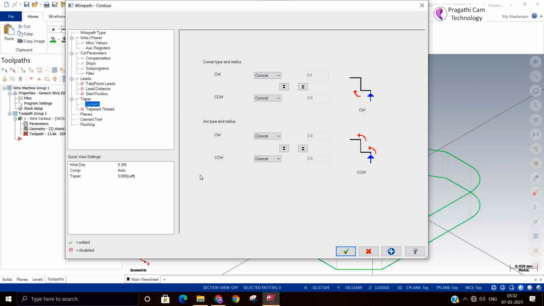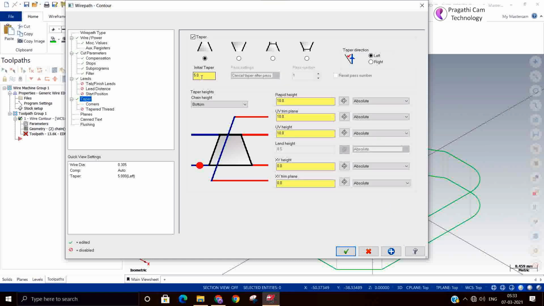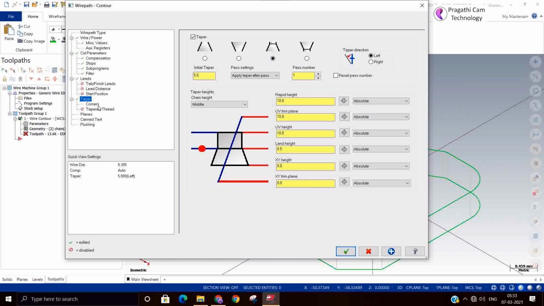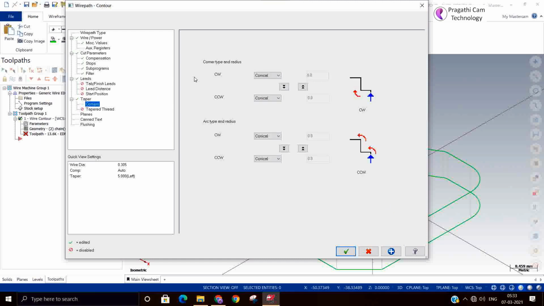So next is the corner strategy. So how the corner is to look when you cut a taper, how the wire has to be moved. These options are sharp, constant.